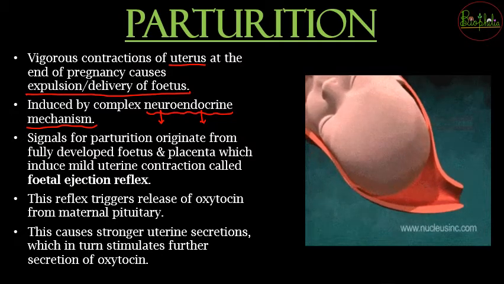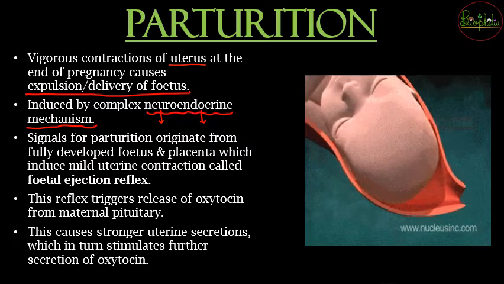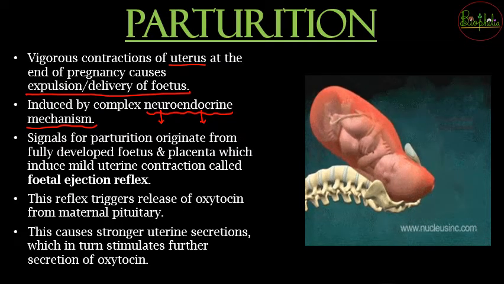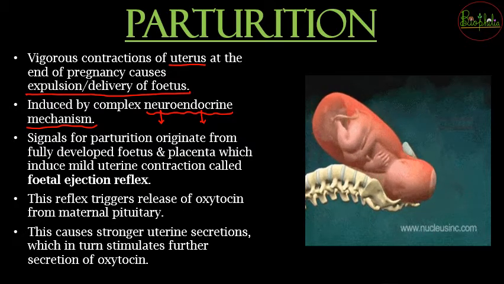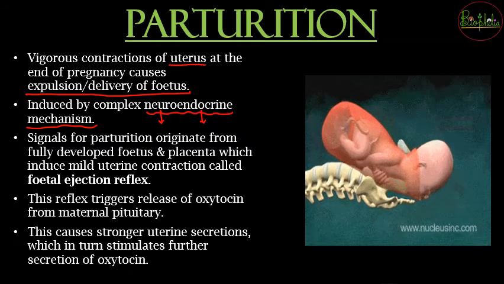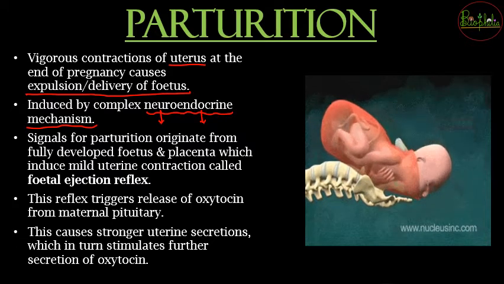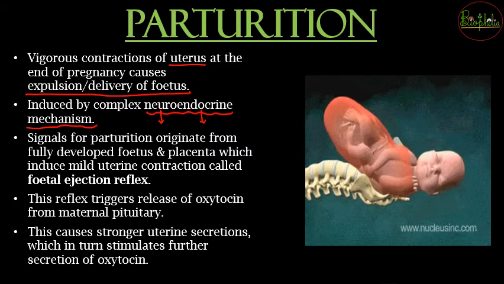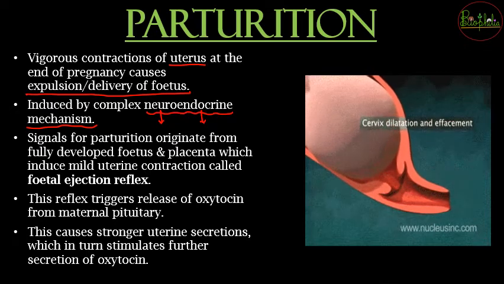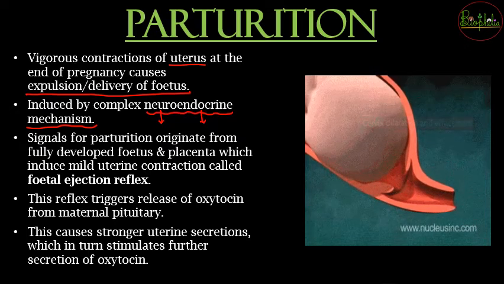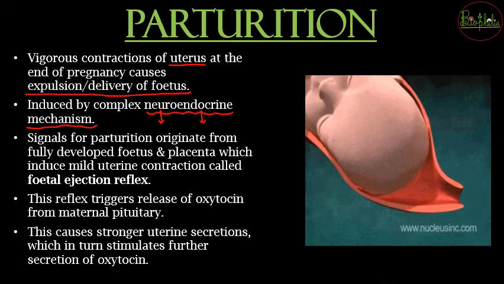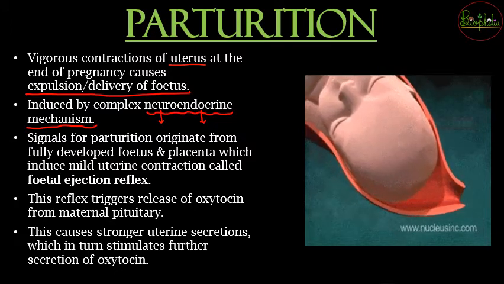So whatever signals of parturition need to be originated, यानी first time जो आम है वो आम को जो when you need to start squeezing the mango, like that the first signals for parturition are going to be induced from the fully developed fetus. The fetus is going to decide when to send signals, कि जैसे ही the placenta decides that now the baby has been completely formed and is ready to move out of the body and enter into this beautiful world.